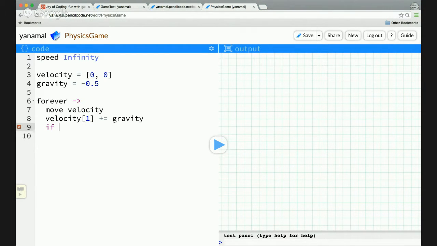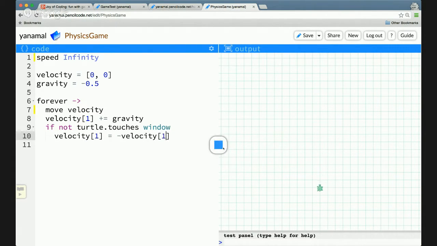If not, yay, now it's bouncing. What did I just do? Okay, so